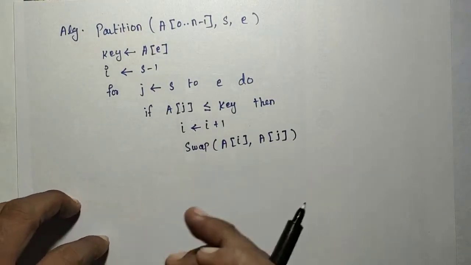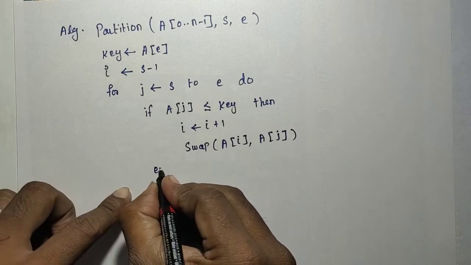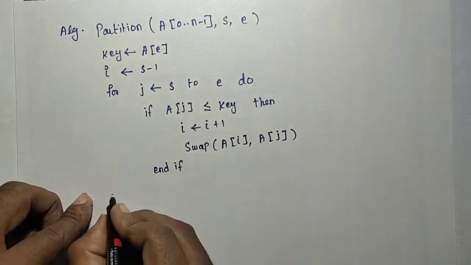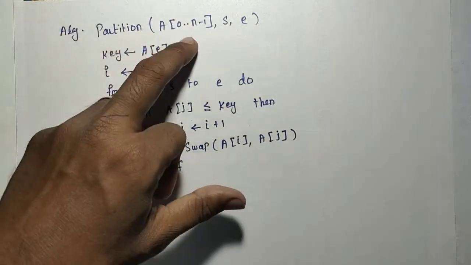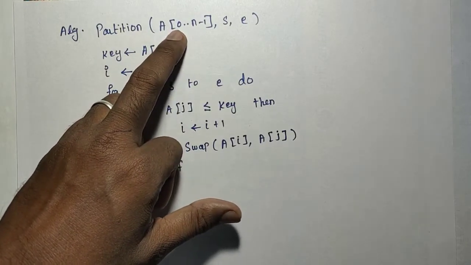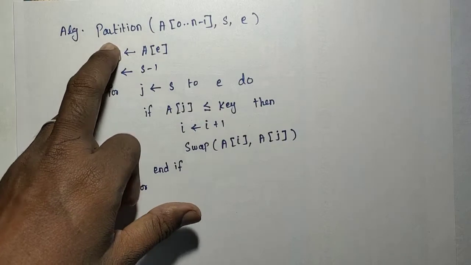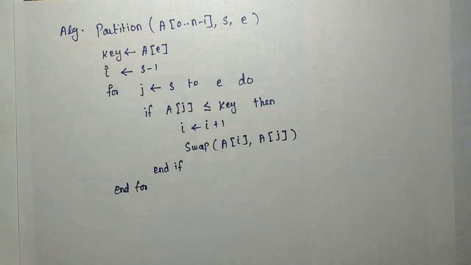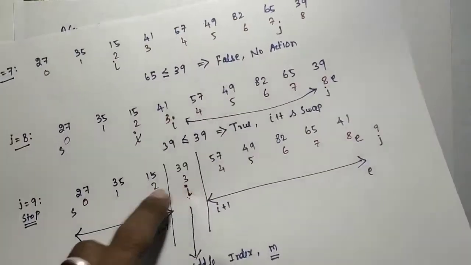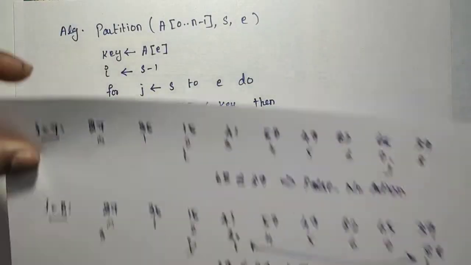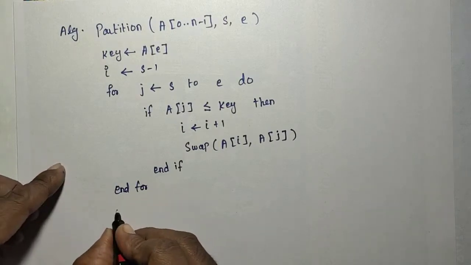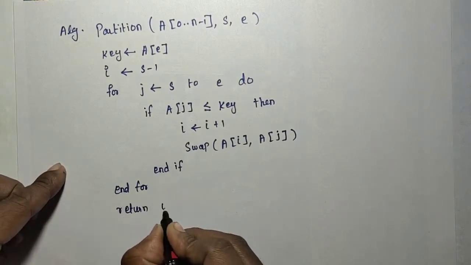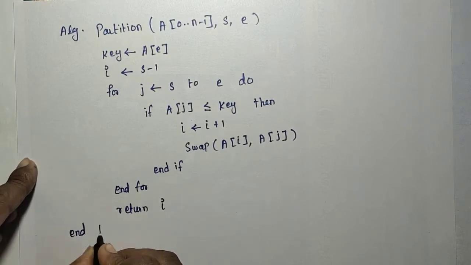Like that I can call an algorithm, or you can write the steps here. So it will do that swapping. And end if, and end for. And this algorithm's output is that the content will get changed. After that, a split position will be returned by this algorithm. Split position means where the split exactly occurs, that is, the middle element. So I have to return the split that occurs at the end of the iteration at i. So i is pointing to the 39, so this is the middle element. So i will be returned as a result. So return i. Okay, and end partition.